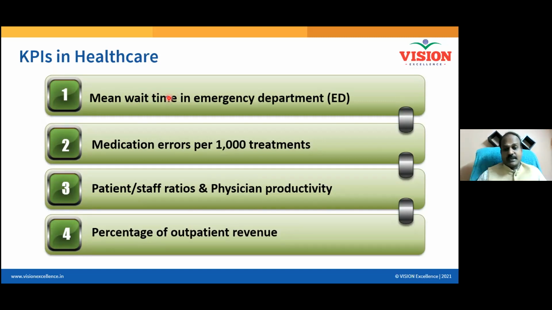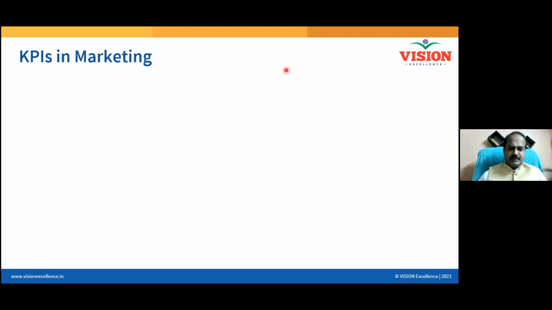There are 100 doctors working, and you have to pay them salaries and many things, isn't it? So what is their productivity? We measure it in terms of physician productivity and percentage of outpatient revenue. Every day, what is the revenue your hospital is generating, and how much comes from outpatient, how much comes from inpatient? All of these help you understand how your unit is performing. So likewise, you can develop the KPIs in any domain, and a few things I'm highlighting.